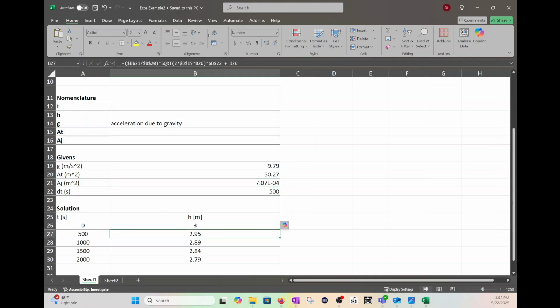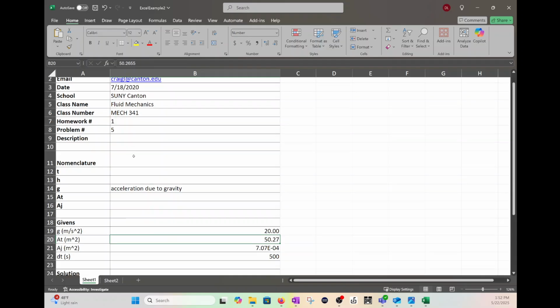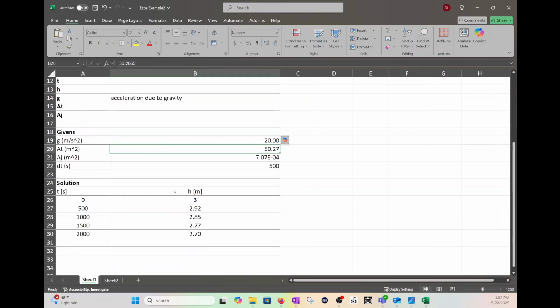But down here, these are equations based on our givens. Okay. So we can actually change, say we change this to 20, and it will change the answers in our solution. Okay. So make sure you have a heading, you have nomenclature, you have givens, and you don't hardwire your